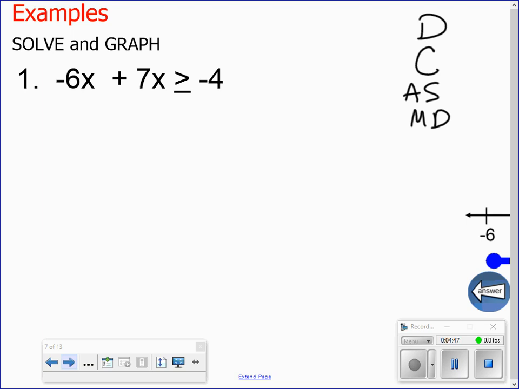So we have like terms here. We have -6x and 7x, those are like terms. So we want to go ahead and combine those. -6x plus 7x gives us 1x, or just x,